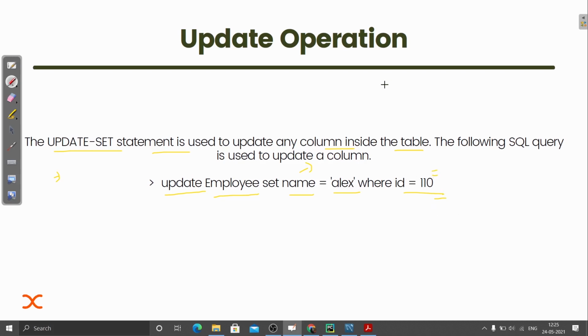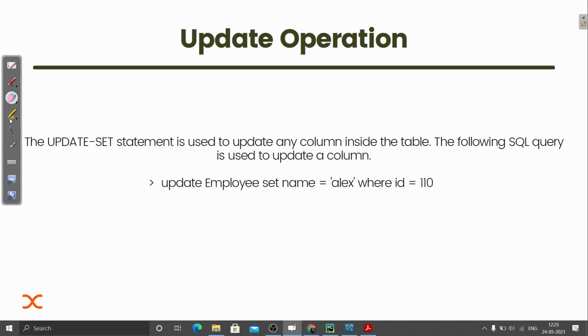Okay, simply means, suppose I have this column that is name. In this column I have this ID. Suppose it is Rohit. Okay, it is suppose Sanya. Okay, and some names are there. And here in this ID I have 105, I have 110. Now what I'm doing, I'm setting this name equal to Alex. Name will be updated to Alex if the ID is 110. Here the ID is 110, so this will get updated to Alex. Okay, the column name is name, and inside that we are updating it.